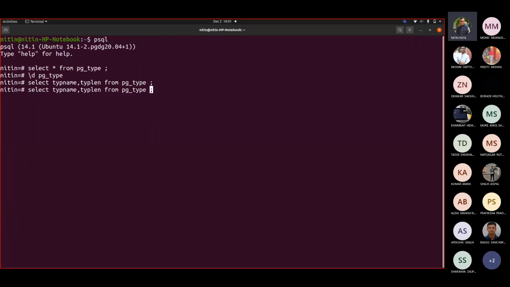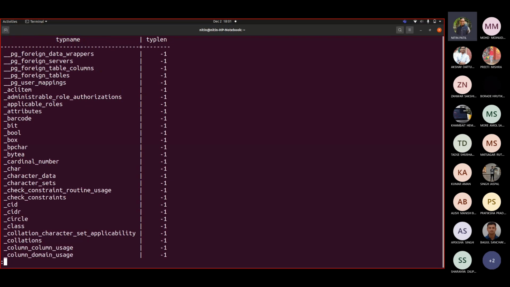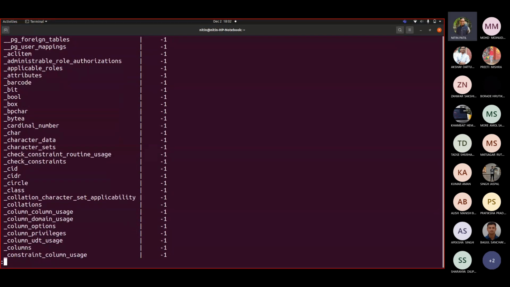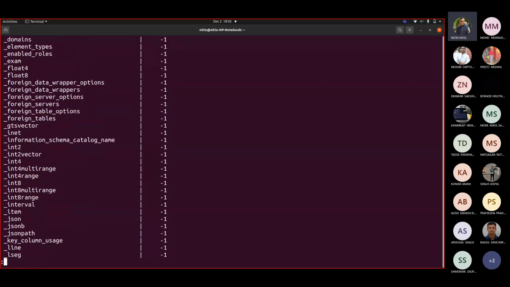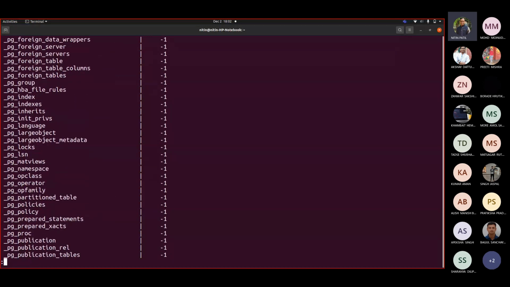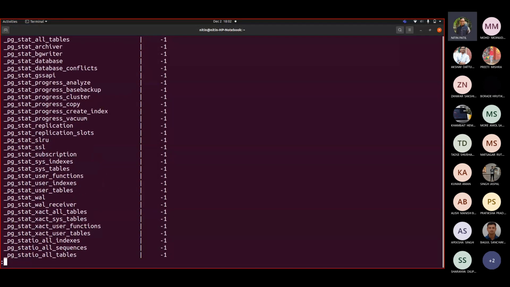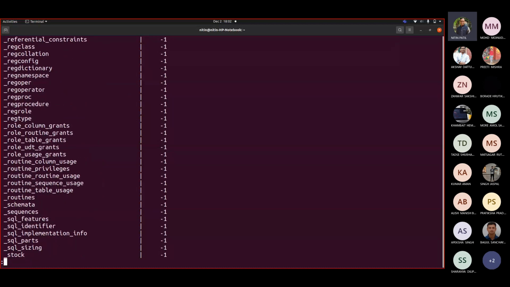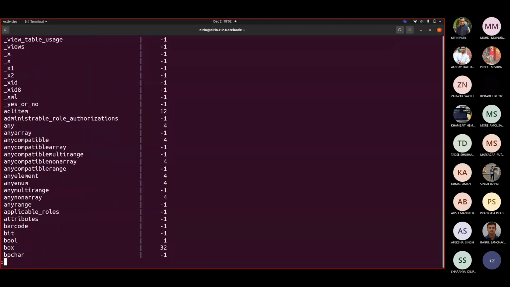If I sort it by order by typname, these are the internal types for which this -1 is added. We'll not worry about them right now. We are more interested in some other stuff.